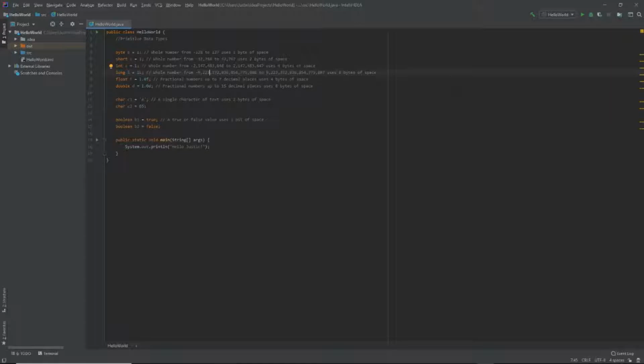So first let's start talking about the byte. The byte is the first primitive data type. It is the first one that represents whole numbers, and you declare it by saying byte, B-Y-T-E, and then give it a name. I'm just using B here, and then to initialize it you give it a value. We're going to give a byte the value of 1. So a byte can have a value from negative 128 to positive 127, and it uses 1 byte of